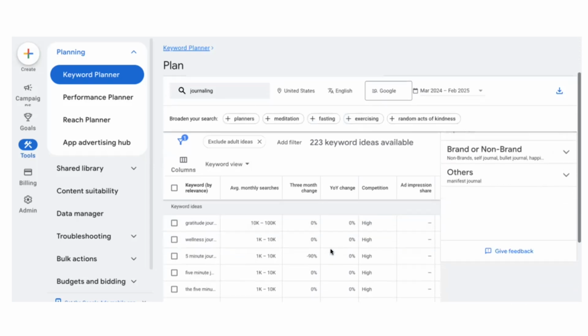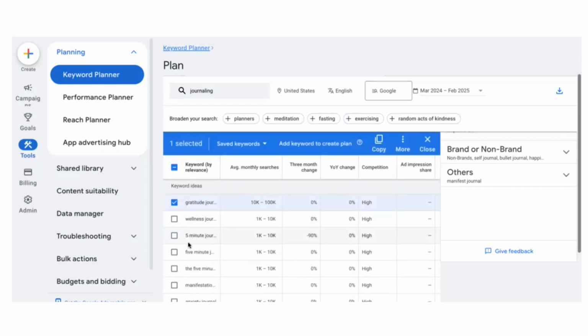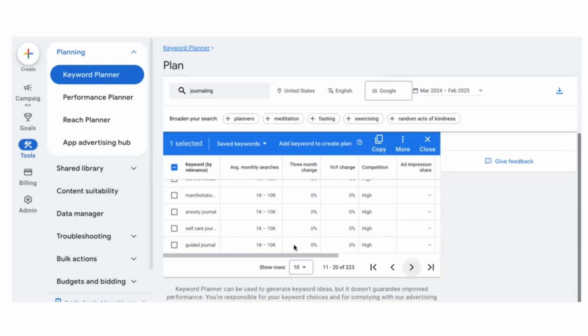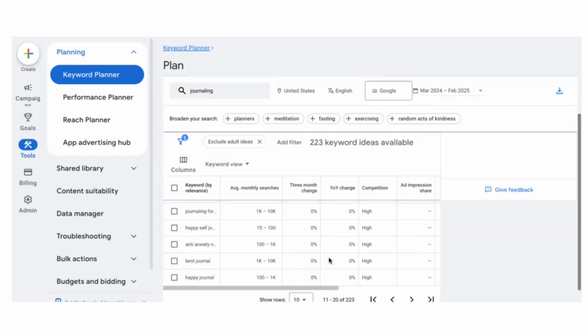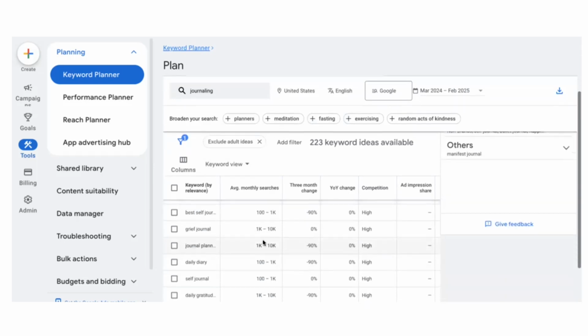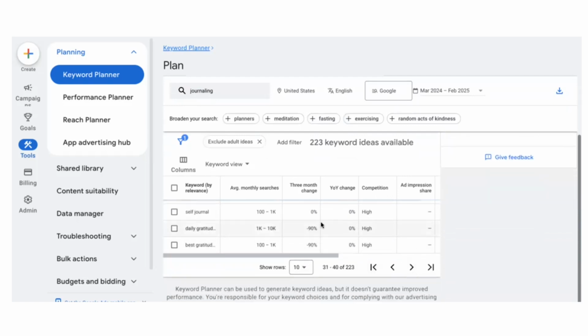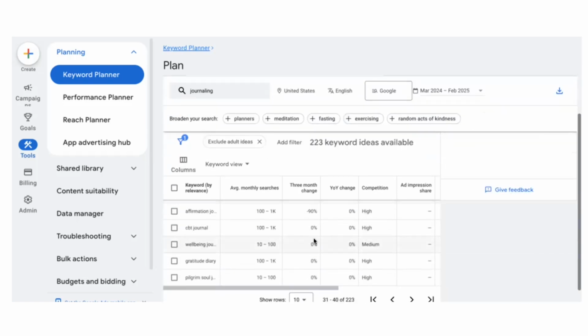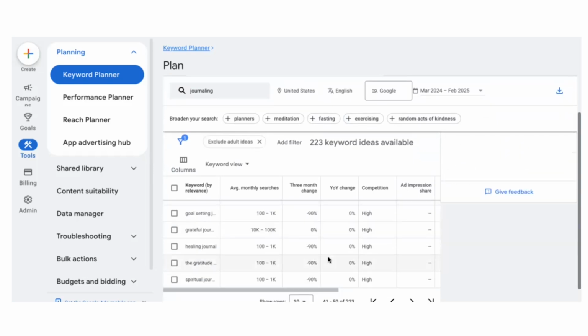That's pretty awesome. Gratitude journal. So this one, gratitude journal, do you see this? 10,000, 100,000. So if I only sold gratitude journals, I would be doing pretty well. And I could keep going through to see if there are other keywords that are over 10K. This one is the shadow work journal. I actually hear a lot of people doing that type of work. That one was over 10,000. Let's see. This one, grateful journal. Really, I've never heard of that phrase, grateful journal. Okay.